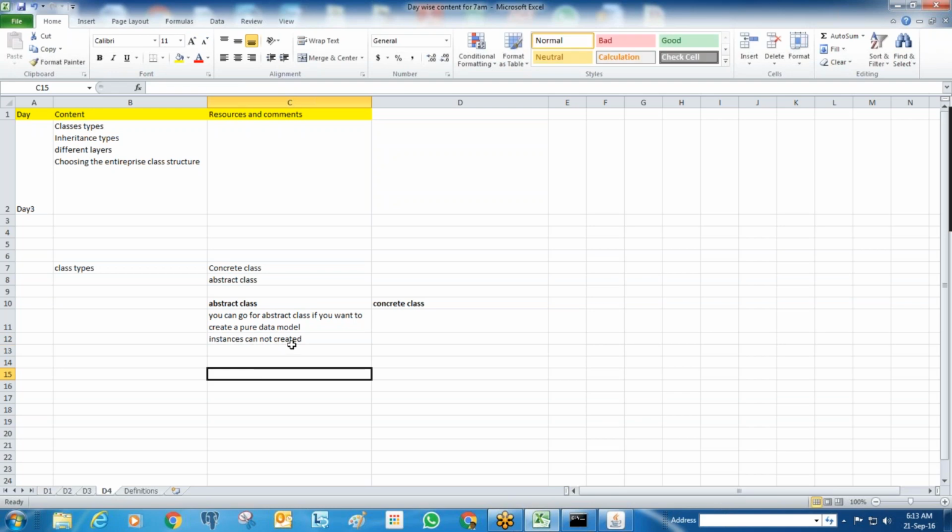So when we cannot create the objects, how can we use these properties? That is where inheritance comes into the picture. If we cannot create the instances, how can we use the properties that are there?